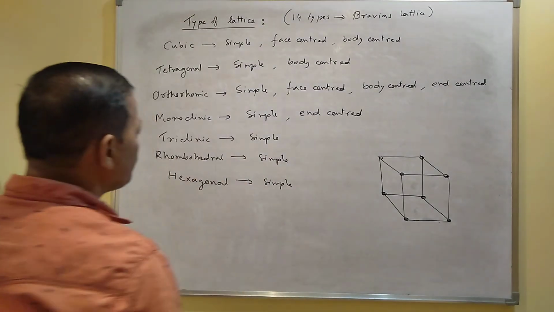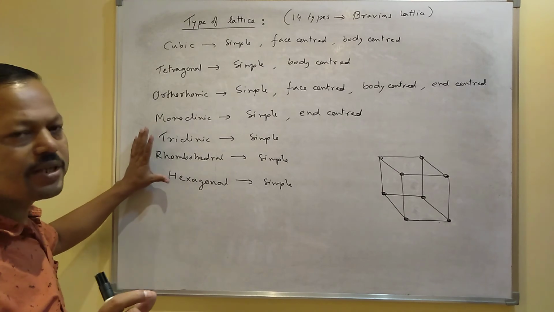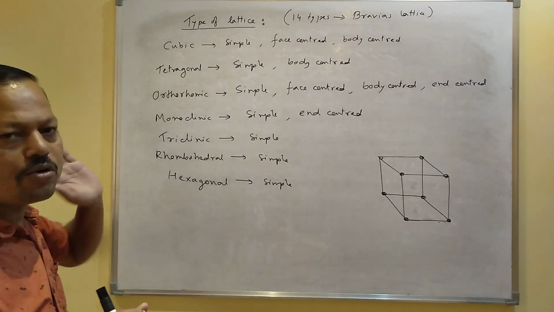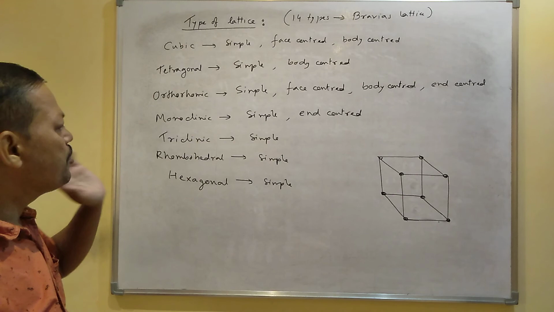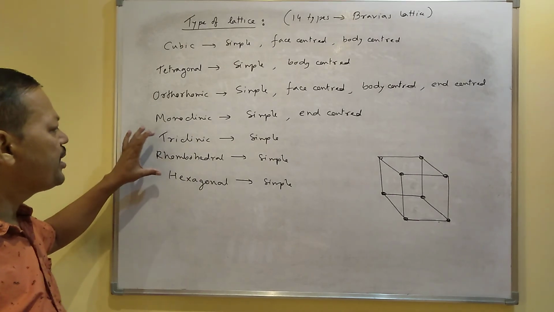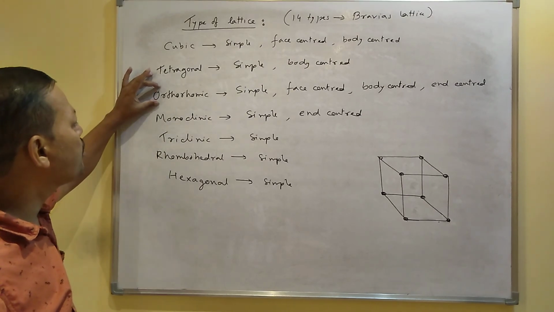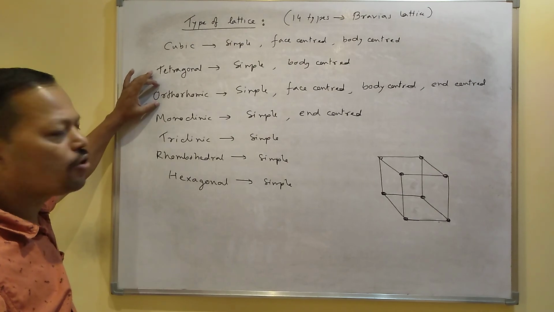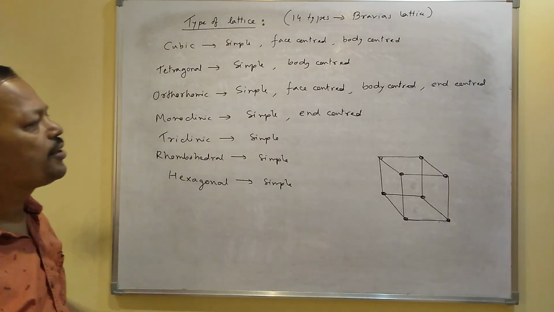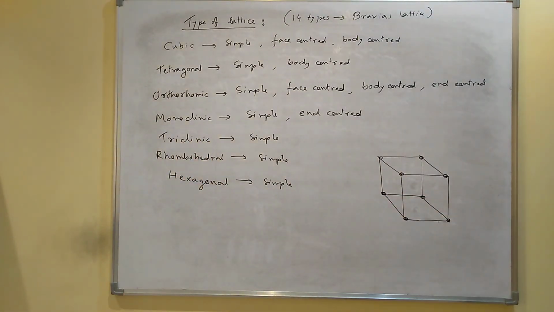So you remember triclinic, rhombohedral, hexagonal, they form only the primitive unit cell. I mean their particles are present only at the corners. Other non-primitive unit cells are unstable for this type of unit cell, that is why they cannot form other kinds of non-primitive unit cell. But only one of the unit cells, which is orthorhombic, can form all kinds of primitive and non-primitive unit cell. I mean it can form simple, body centered, face centered, also the end centered. Others cannot produce all 4 kinds of lattices.